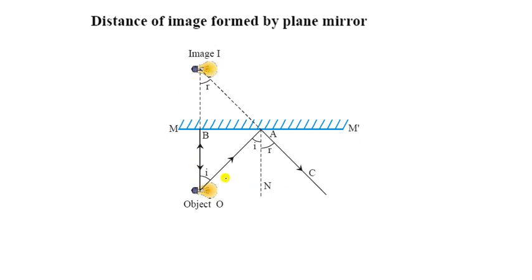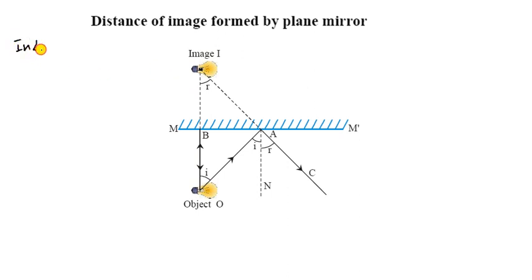So let us see in this, you can see here, first of all, this is the object and it is the incident ray and it is the reflected ray, and at the back side it is extended and the normal is also extended, they intersect at the point I. So it forms an image, and that is the virtual image. So let us see what will happen in this.